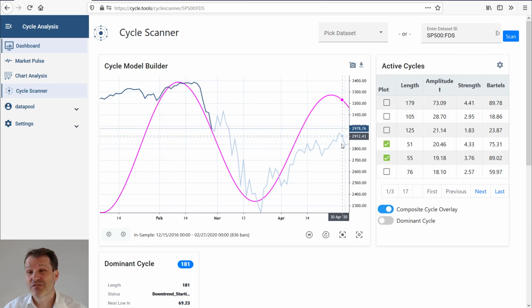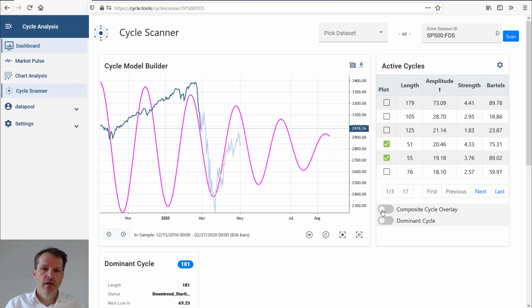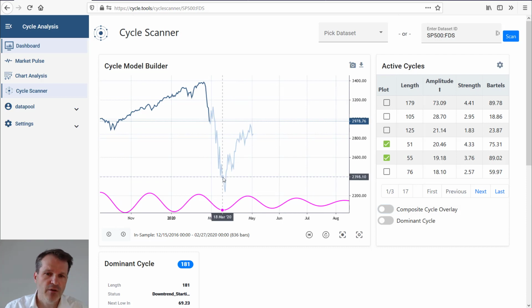And this is a very good February-March period where cycles really showed their strengths. Why is that? Because first of all, the market drop was not caused by the pandemic crisis. The market drop was mainly driven by the cycles which had turned down anyhow. So the steep drop here was maybe caused by the coronavirus, but the markets would turn anyhow, as had been predicted